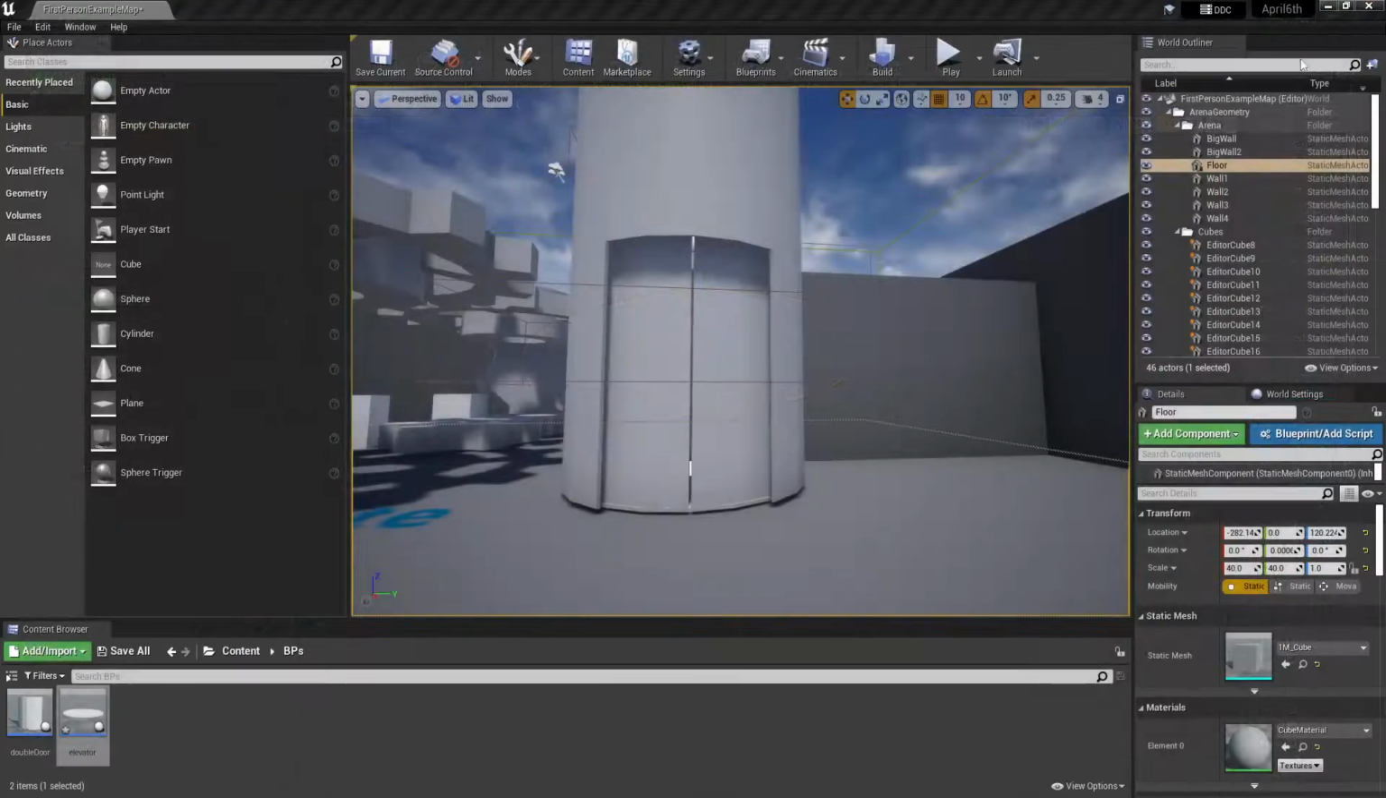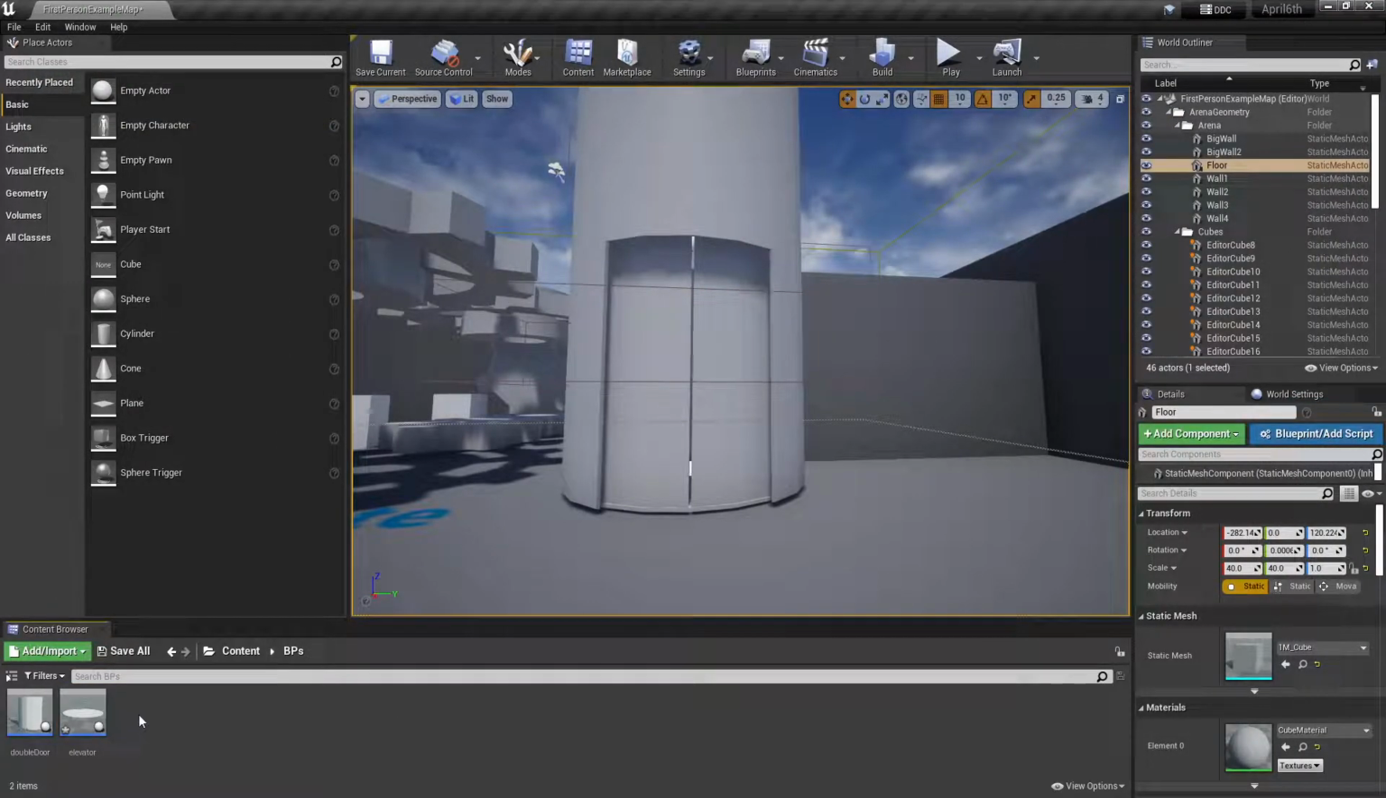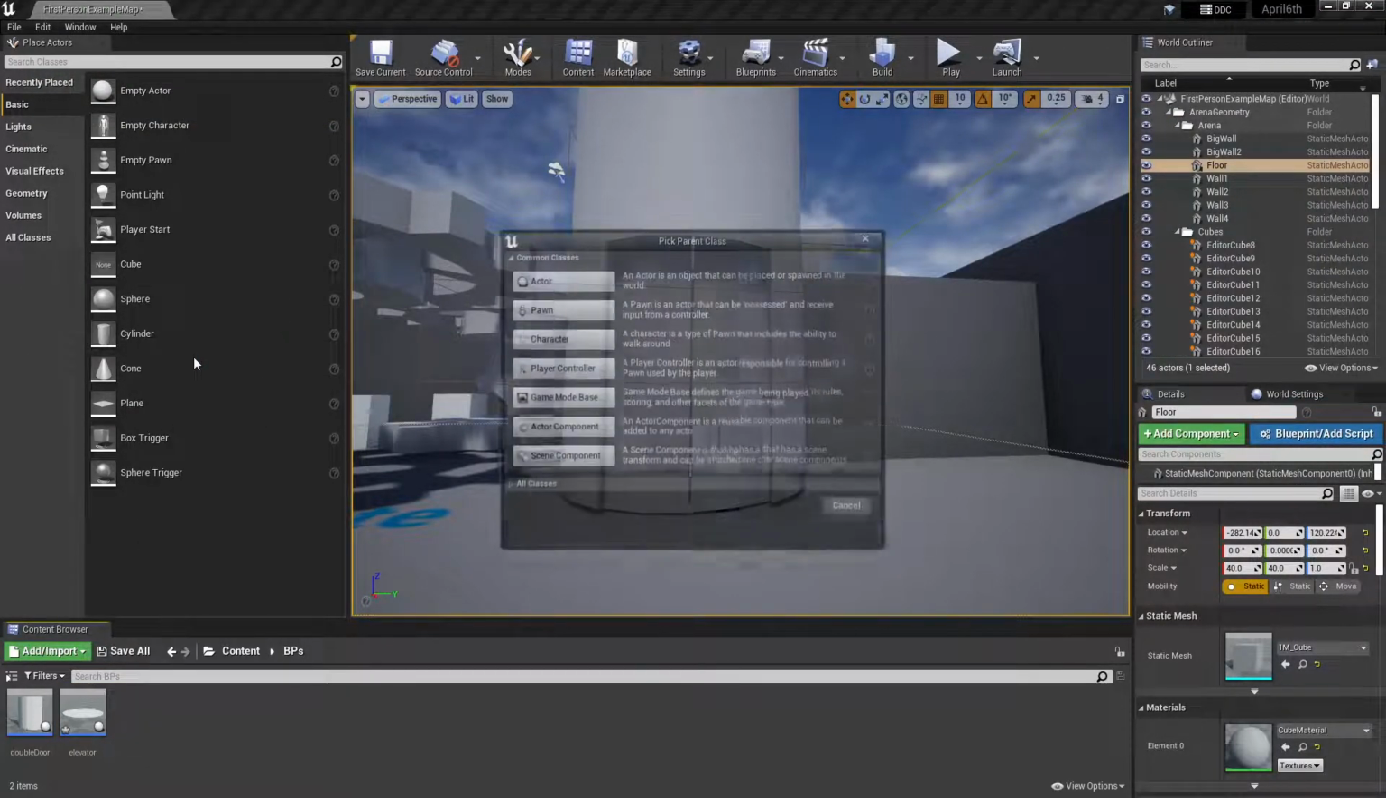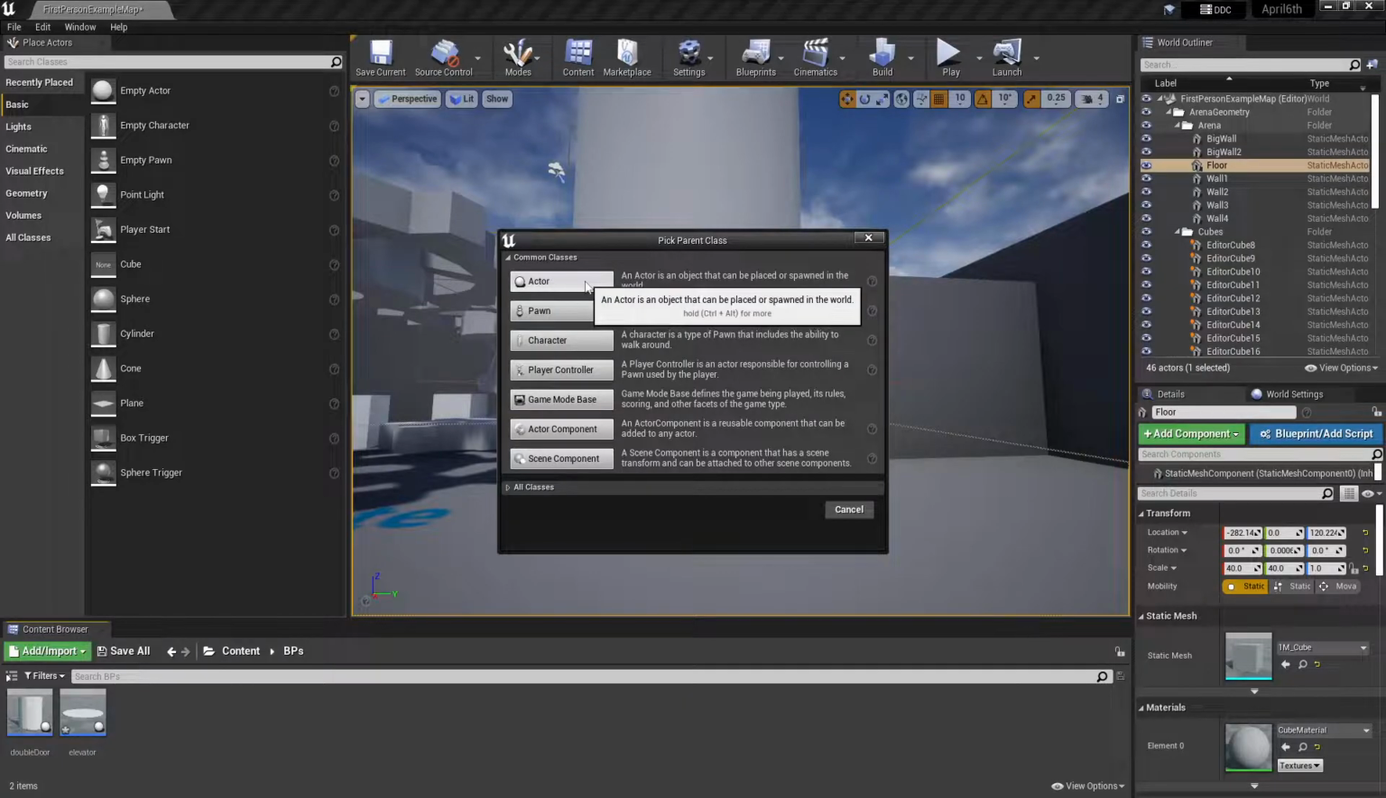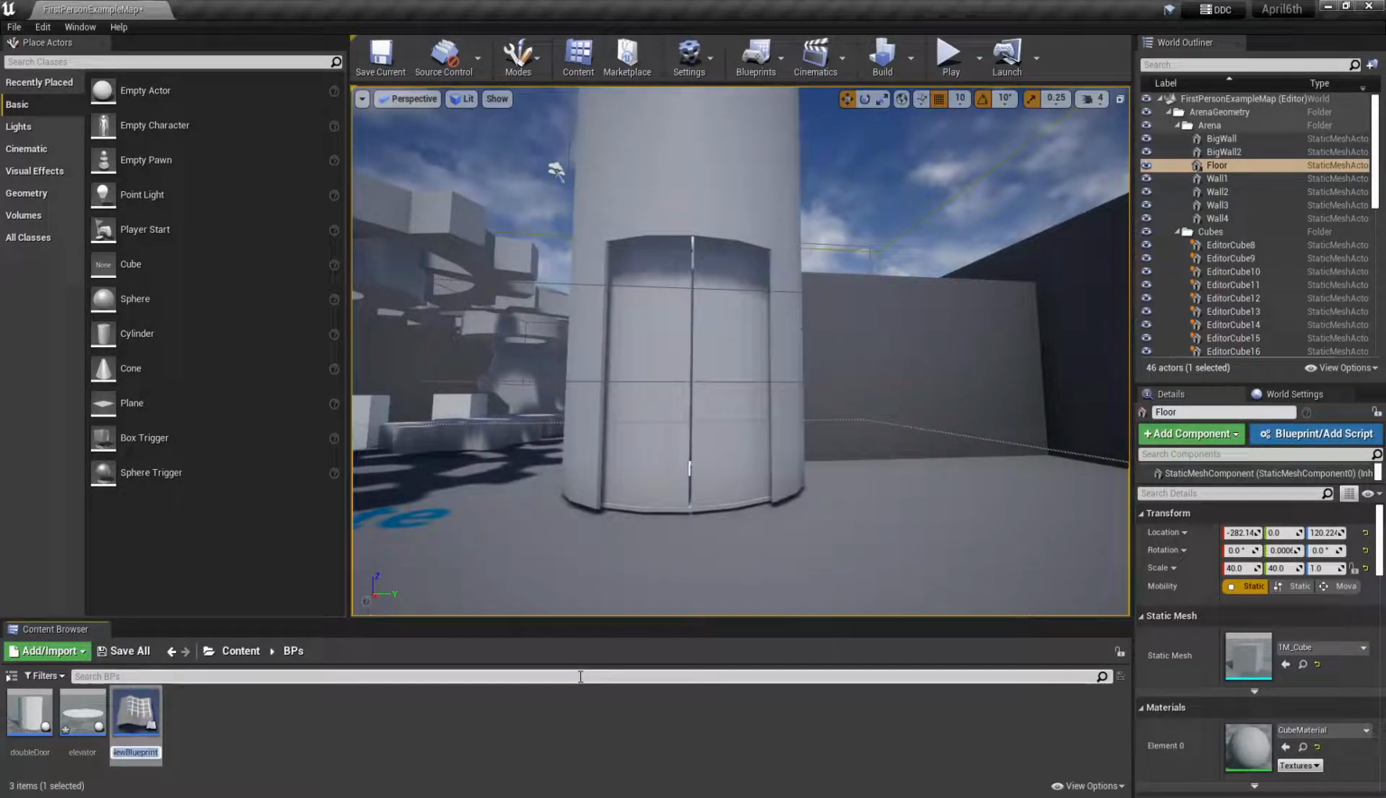So let's make a new one of these things. So I've got an elevator here. I'm going to make another one. So I'm going to go to blueprint class, and we are going to make an actor. And what we'll call this thing is, let's call it elevator 2. And now,